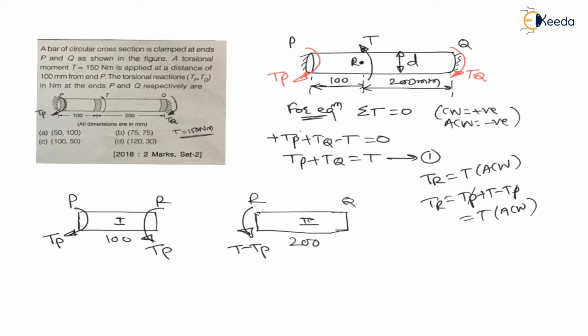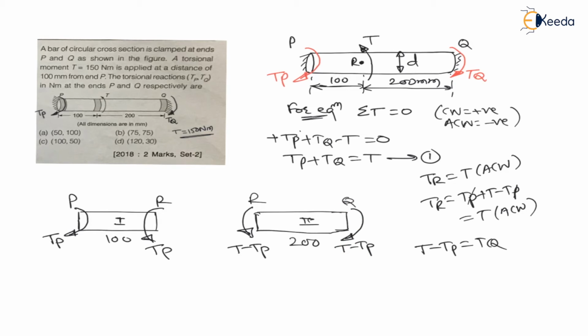Right. Now, therefore, torque at R on RQ will be T minus TP. Now, to balance this T minus TP, there must be equal and opposite torque on Q. There is equal and opposite torque like this, which is T minus TP. Right. Now, my dear students, we have seen the torque at Q is TQ. Therefore, we can say T minus TP is equal to TQ. Here, the torque at Q is T minus TP, which is nothing but TQ.